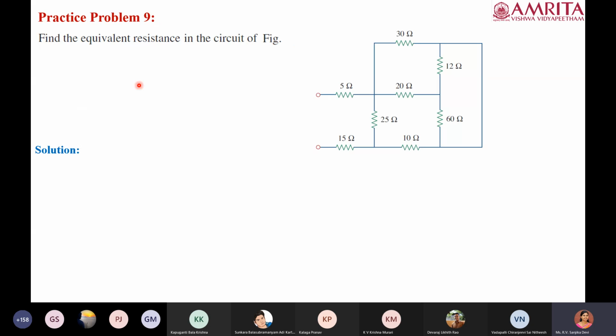The next numerical is we have to find the equivalent resistance of the circuit at these terminals where the terminals are shown. So at this point, you have to find the equivalent resistance. Carefully observe the circuit, check whether any star to delta or delta to star conversion is required. Only if it is required, apply. Otherwise, try to solve by considering series parallel connection. You have to carefully observe the circuit and do it. So finally, you have to find what is the equivalent resistance of the terminals.